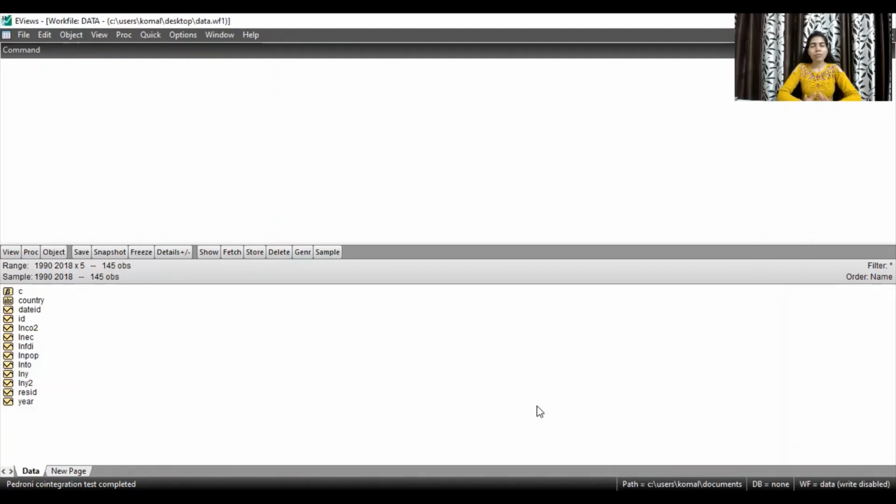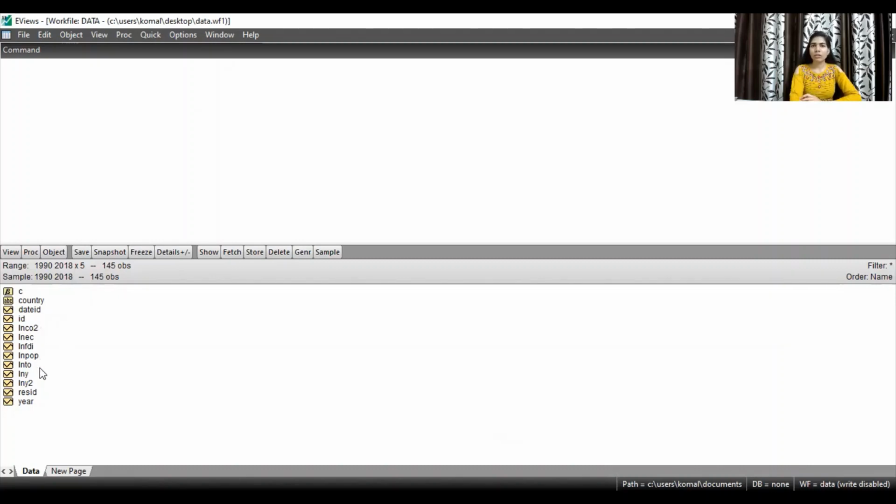As you can see, I have already imported my data file. To proceed with the co-integration test, first select all your variables. The data set is from 1990 to 2018, and there are a total of 145 observations in my data set.